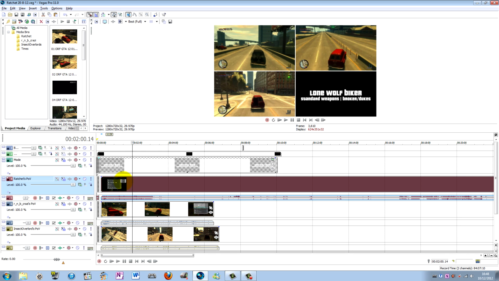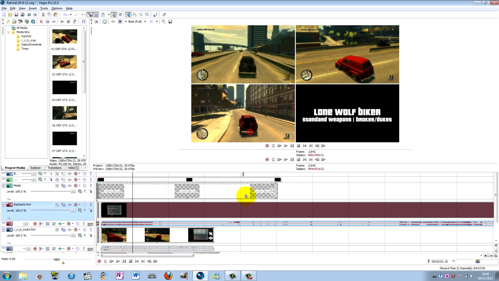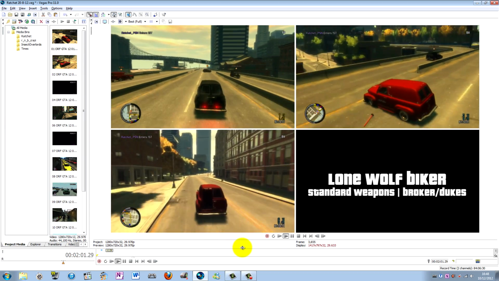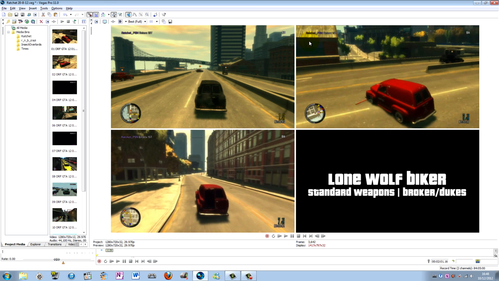Obviously I can't check if Insect's synced up, but we can check if I'm synced up. That's about right. That's another thing you can notice, that the notifications in these corners should come up pretty much at the same time for everyone. I can't sync them up exactly, but